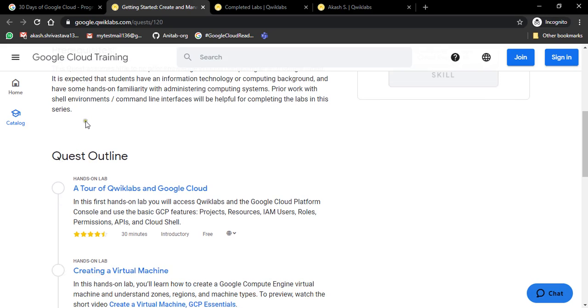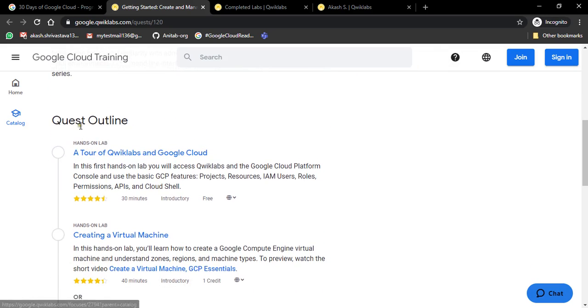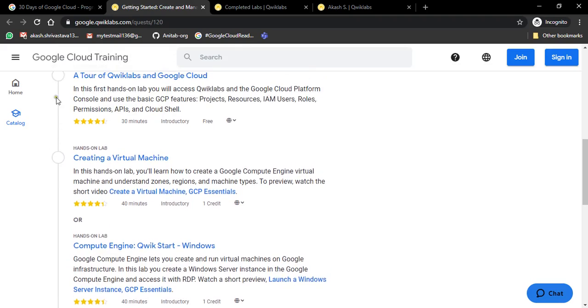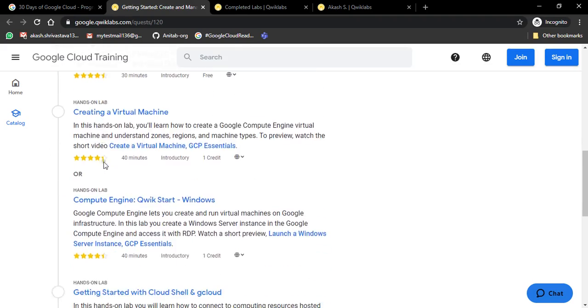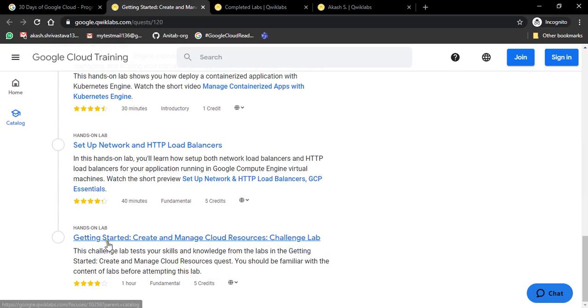So I guess you have read this part, and now let's move further. This is the quest outline. You will have these hands-on labs. You have to perform each of them, and after performing them, you will get a green tick here. You have to complete these ones, and this is the main part. Till here, if you complete these labs, you will get a quest badge